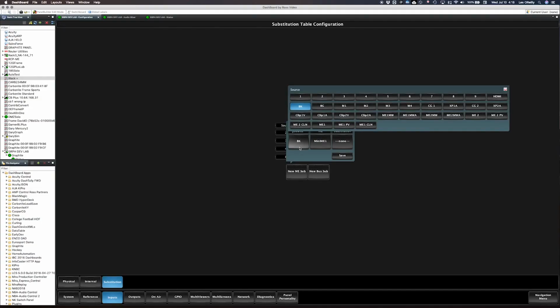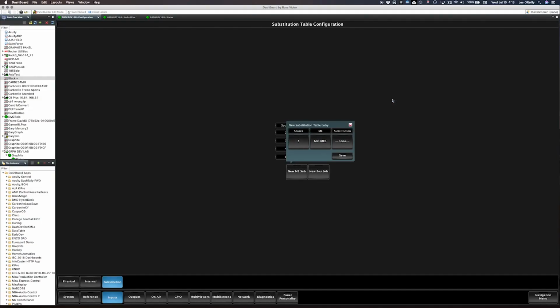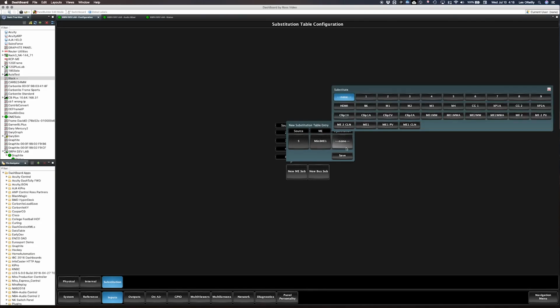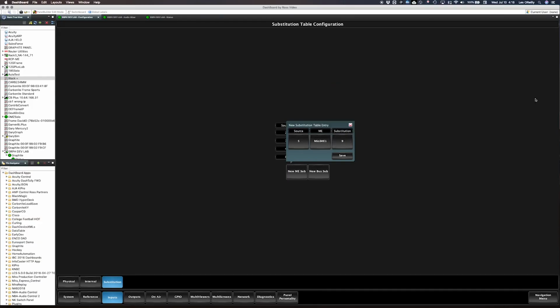Pick the source that needs to have a substitution, so let's say source 5. Pick the ME or mini-ME that the rule is being applied to. So since mini-ME1 is following mini-ME2, it's mini-ME1 that needs the rule. That way when source 5 is selected, it will automatically replace it with, in this case, we'll say source 9. Once we've saved that rule, it is now inserted into our list,